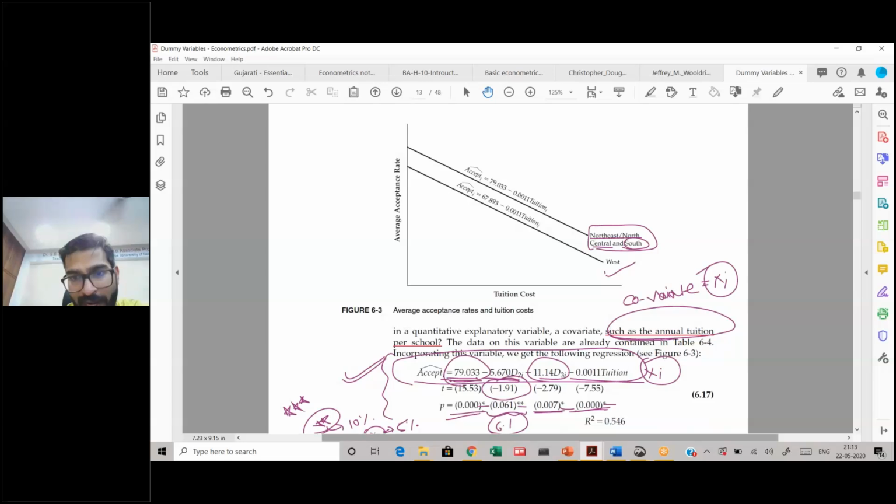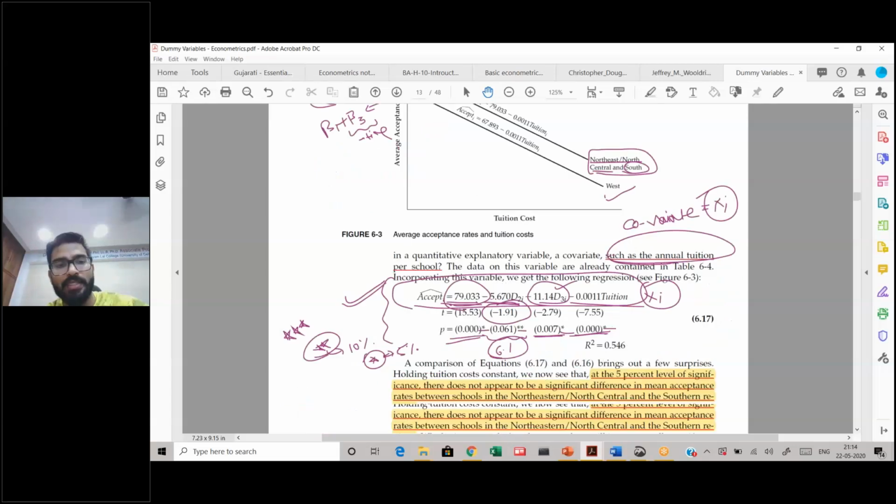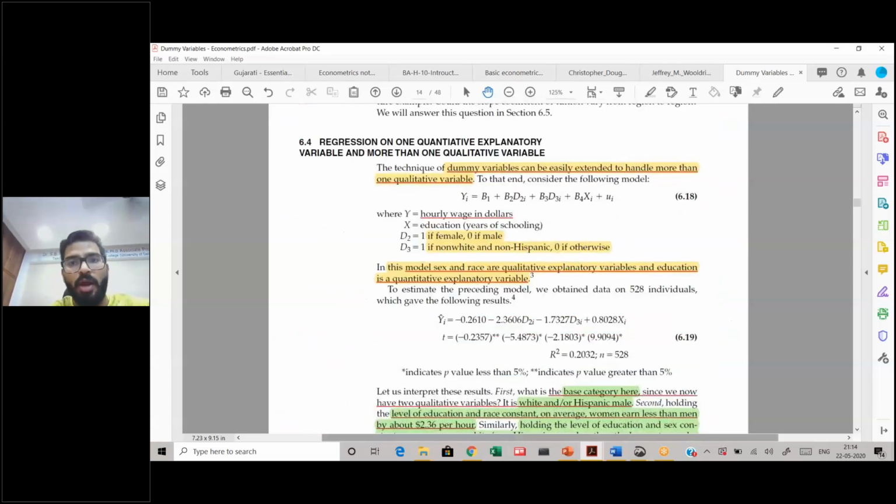Whereas this is significant, the difference is significant. This is representing your B1, and the difference is your B3, and this is your B1 plus B3, where B3 is negative. So that is the case that I wanted to show you. Now what we have done is we have added in this part. I'm going to just go through this pretty quickly.